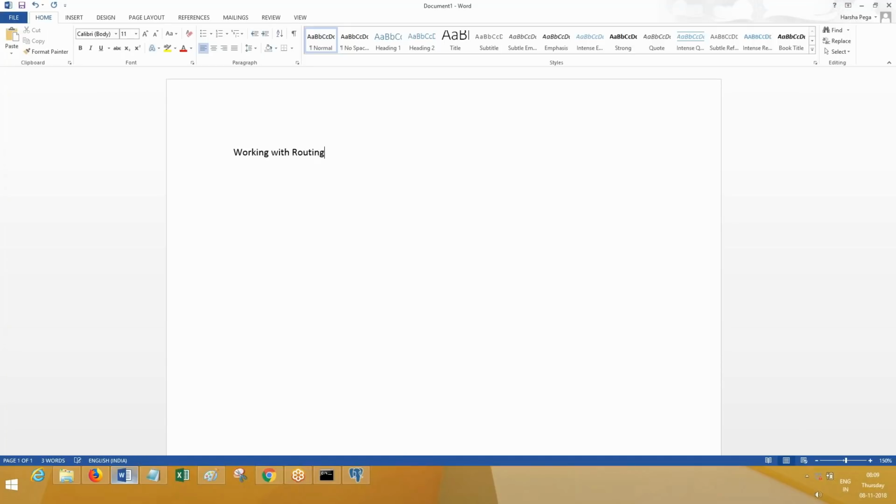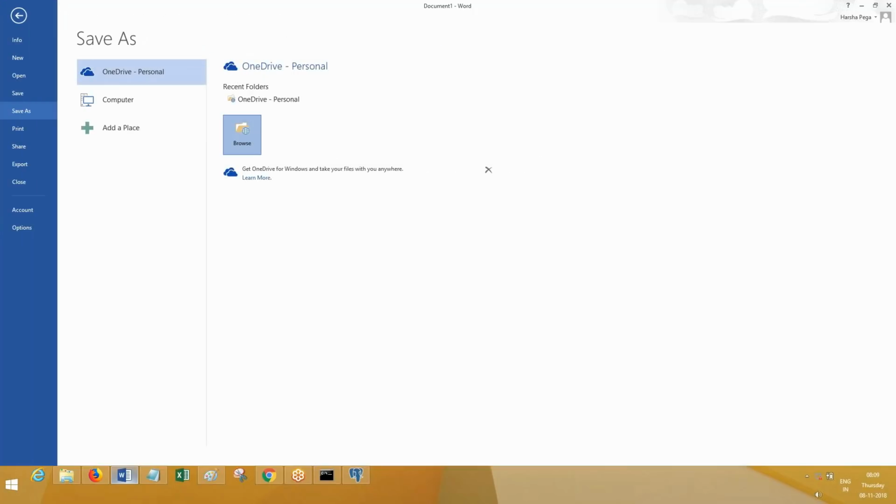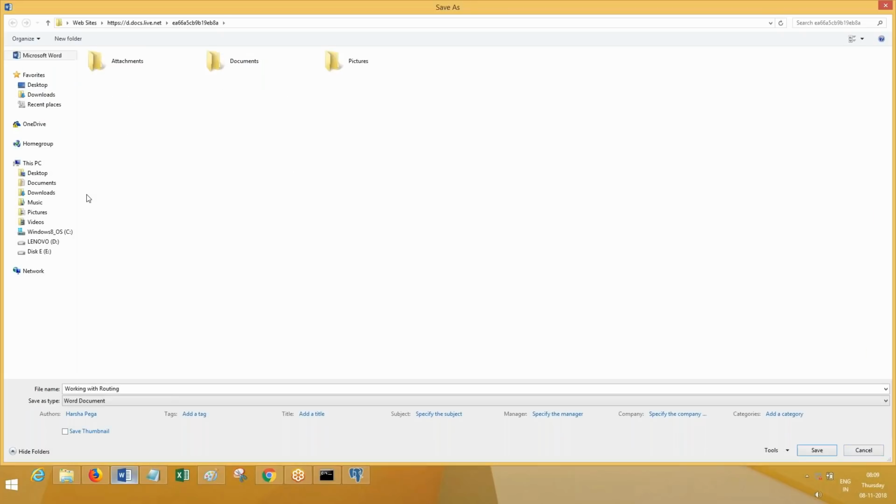I think this is what we were discussing, right? So now what do you mean by routing? Generally, what do you mean by routing? The assignment shape can be used to perform routing. Exactly what do you mean by routing? So in your business application, let's talk about a leave request application.